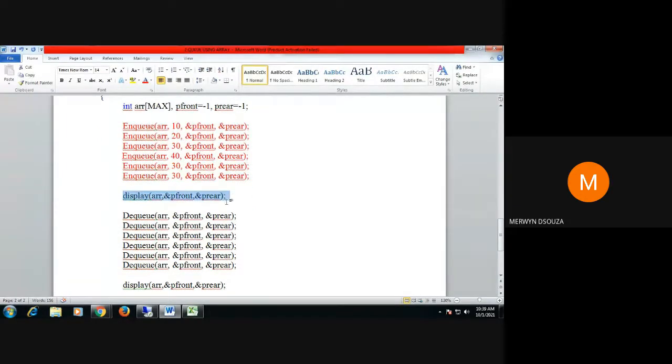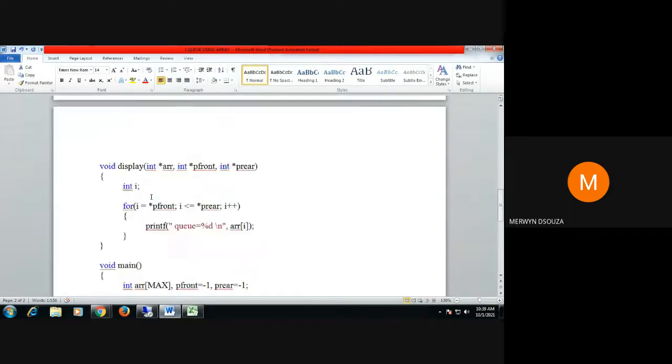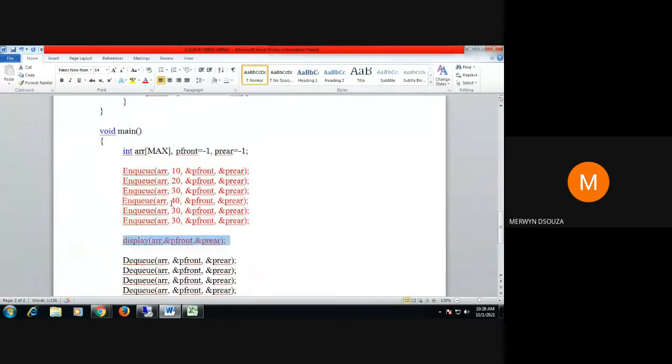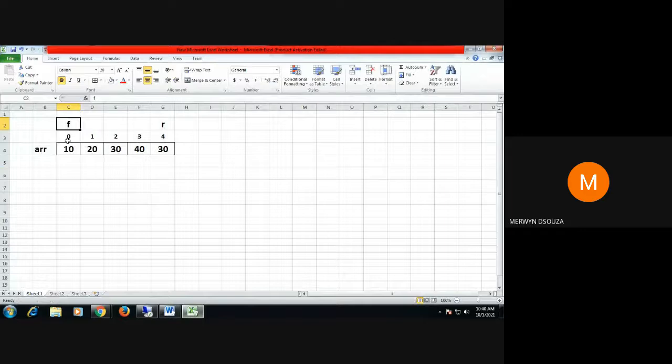Next, we call the display function. Now in the display function, we want to display all these values 10, 20, 30, 40, 30. So let's see how the display function works here. So I pass in the display function my q, that is ARR, the present values of front and rear. So present value of front is 0 and the value of rear is 4.